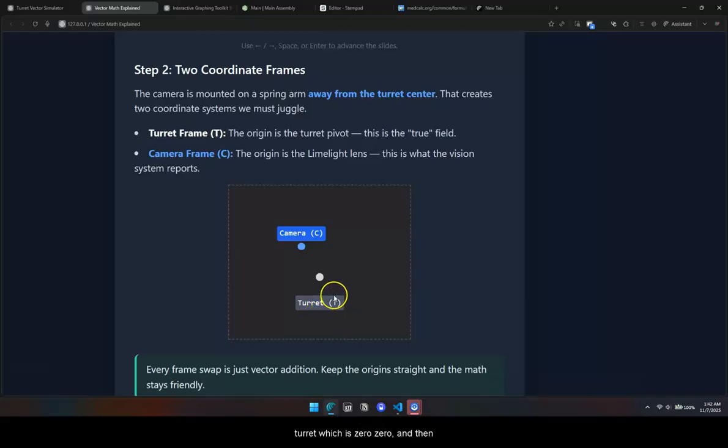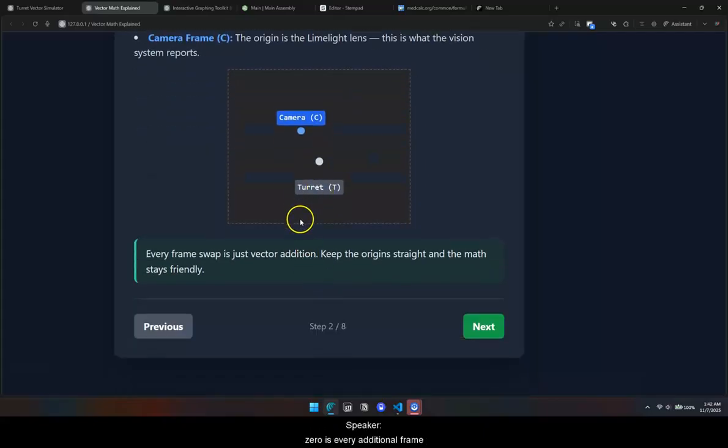Obviously, you have your turret, which is 0, 0, and then your camera, which is relative to your turret. The reason we keep turret 0, 0 is every additional frame you create for turret or the way you represent that in your graph, your math would go infinitely complex. So if you want your maths to stay friendly, you gotta add in the relativeness. So if I said turret as my relative origin, then my camera is gonna be relative to the turret. So whatever distance it's from my